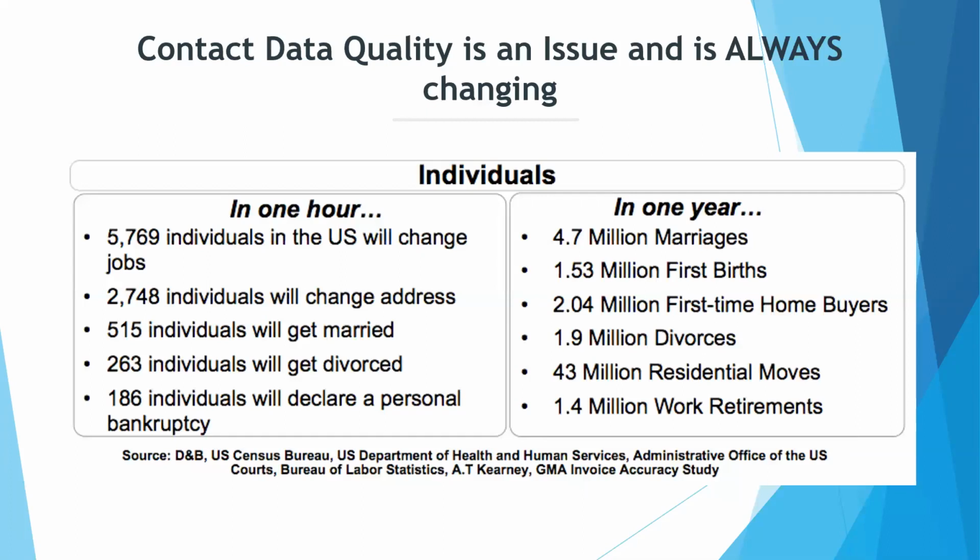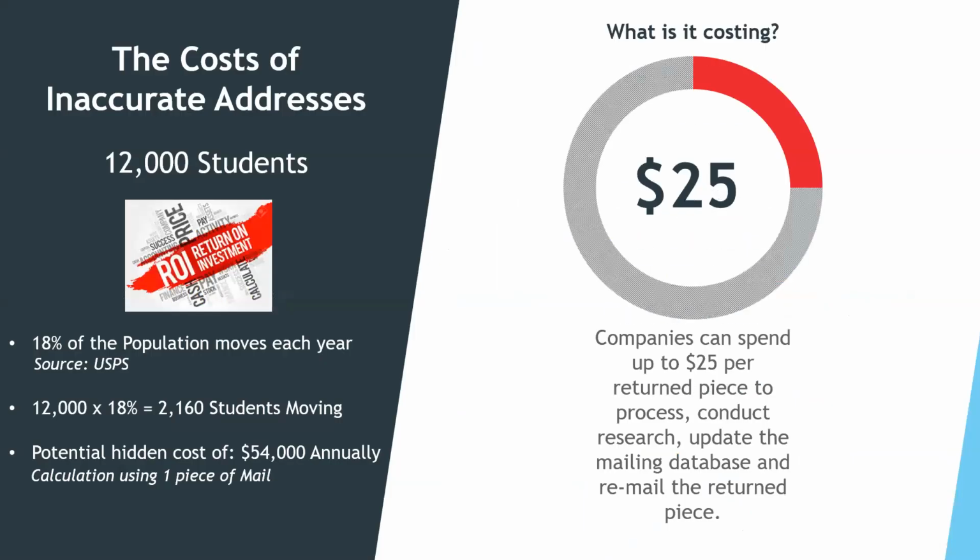So the reason why we're doing this particular slide is that it's very difficult to keep track of the individuals that you have in your database, and therefore we do have services that help mitigate those problems. Some of you may be using those services, some of you may not. You may want to understand how much it's costing you. Well, Pitney Bowes came up with a number of $25. It's costing you $25 for every returned piece of mail